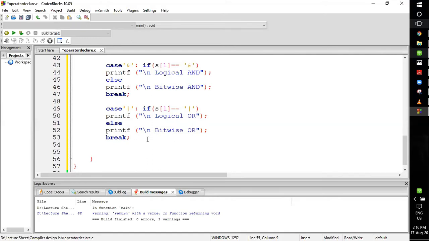Now I will give only the arithmetic operators, the five arithmetic operators. So in this case, I will type case. If there is a plus symbol, it will simply print addition, then break.